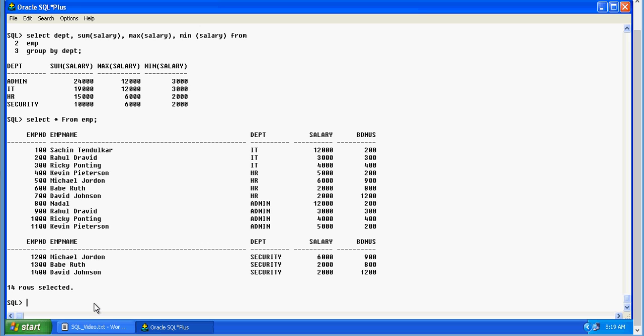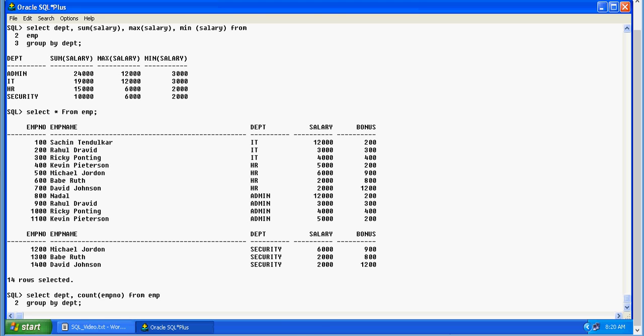The SQL statement is select department, count of employee number. So I want to find out how many employees are in the department from the employee table, and again the group by statement. And you can see that admin has 4 employees, IT has 3, HR has 4, and security has 3.